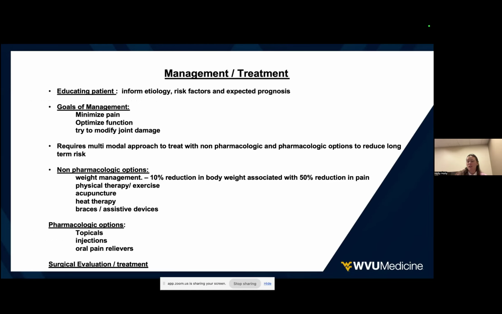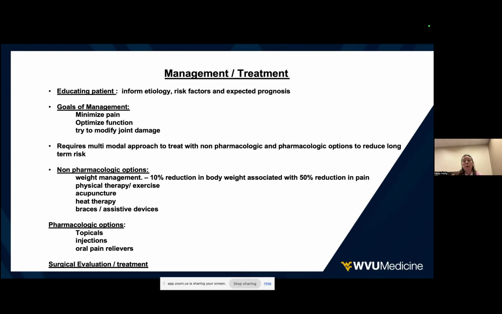A lot of it is just talking to the patients and having them understand osteoarthritis. How do you get it? What are risk factors? Did they injure that joint previously? And what's the expected prognosis? How does this progress through their lifespan, and what are they to expect, right? Ultimately, you're wanting to explain to them the goals of managing